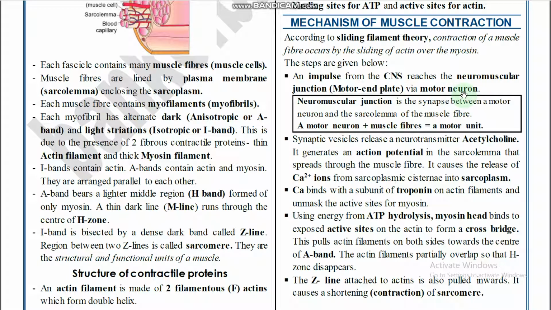Muscle receives an impulse through the nervous system to where? To the neuromuscular junction. The neuromuscular junction is nothing but the nerve ending connected with muscles; it is called NMJ, also called the motor end plate, via what? Motor neurons. Motor neurons only carry nerve impulses from